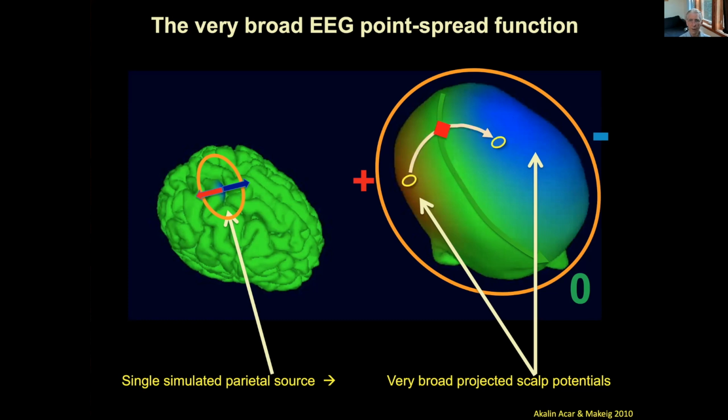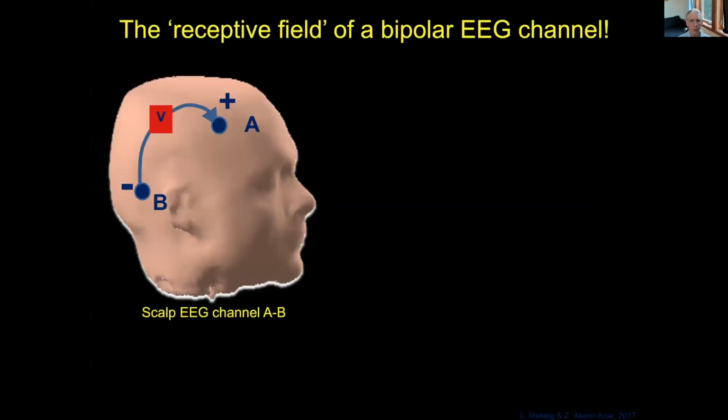And if the electrodes happen to be here, then it would be, of course, positive minus a negative, which would be still more positive. So you record a larger positive voltage. So each EEG channel is a spatial filter for some sources and not other sources. Well, which sources? So I asked Zeynep to show us that too.